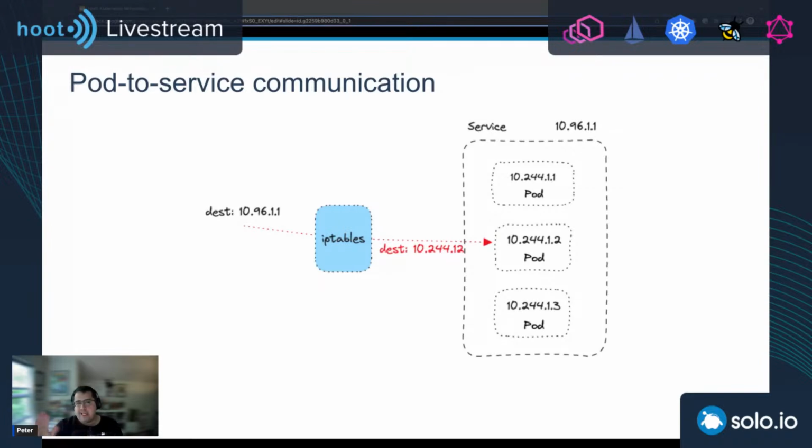However, the iptables rules will make sure to switch that service IP to the IP of one of the backing pods. And then on the way back, when the destination pod is sending a response back, the source IP is not going to be the pod IP anymore. It's going to be changed back to the service IP. So the original pod that made the call thinks that it's receiving the response from the service IP instead of one of the backing pods.